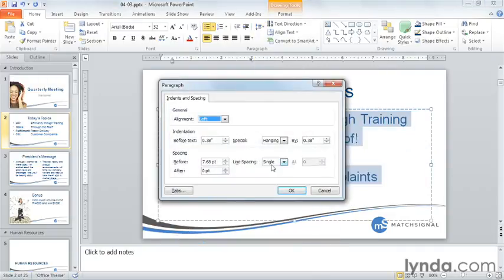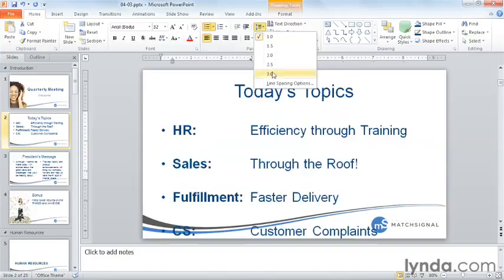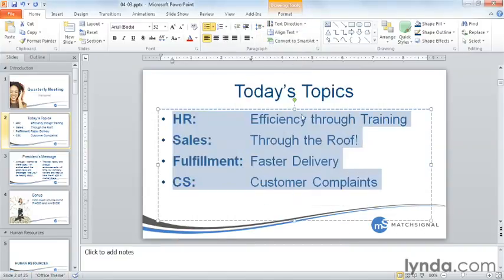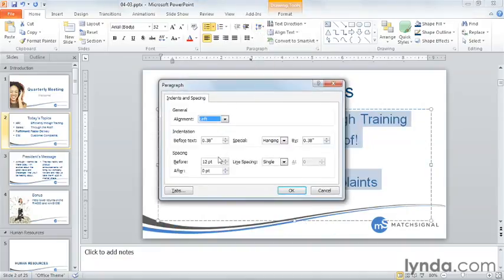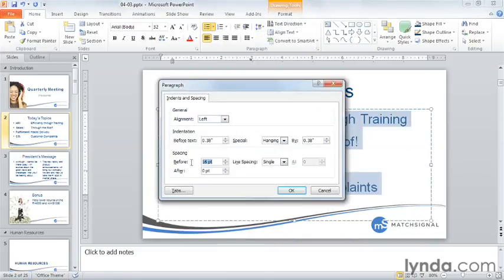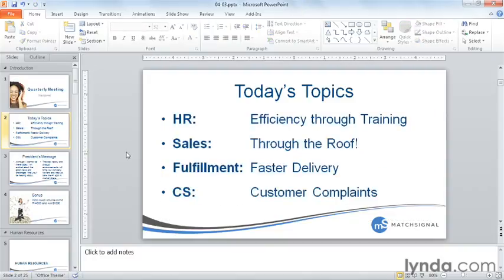Here I can go to line spacing and make a choice, or before and make a choice. How about I go about, let's try 4 points and see if that's enough. Definitely not. Drop it down again. Let's go about 12 this time. Getting better. As you can see, this is quite a bit of a trial and error experiment here. 16, just a little bit further. We'll go with 20, I think. There we go. Adding that white space, like we did back in Chapter 1, makes the text look a lot